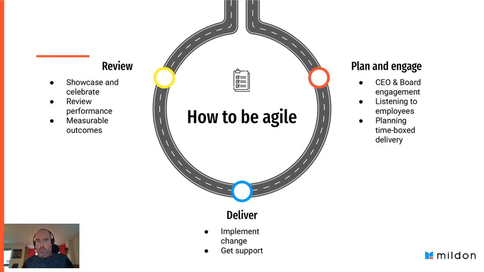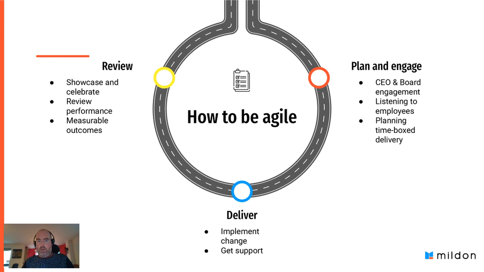So being agile is really about taking a cyclical approach to implementing diversity and inclusion. Again, I've pinched stuff from when I worked in technology, when I used to work in agile teams implementing software. So I've taken a lot of my background from technology, but applying it to the D&I space. The whole purpose of working in cycles is that you work in time boxes. Now, in software development, a cycle is typically 3 or 4 weeks. So you plan the cycle, you deliver the cycle, and then at the end you demonstrate what you've done, you do a review, and then you just keep going around that cycle.